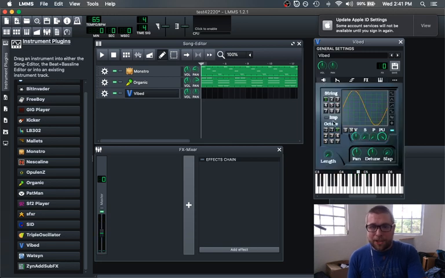That doesn't sound like a string. What other presets we got? Oh, whoops, go back. You can draw a wave. Interesting. Kind of sounds like a bass, I guess.